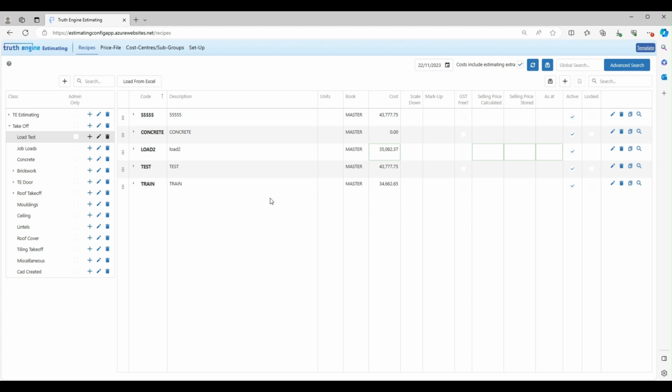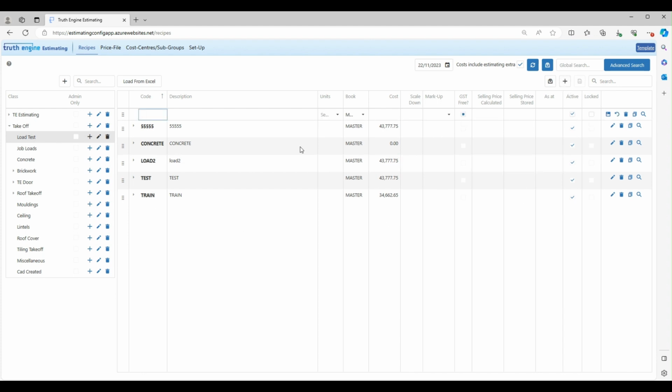Okay, so we are in Truth Engine now, and this is our template company, and we are in the estimating config app, and we're on the recipes tab. So you can see here I have a takeoff class, and underneath that takeoff class I have a load test class. So what I'm going to do is now create a recipe inside this class and then load the quants. So we can just go plus, I will call it